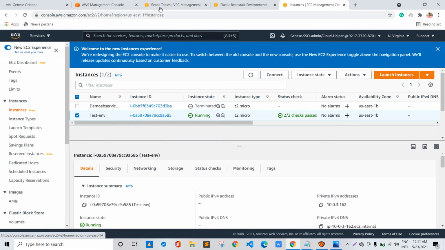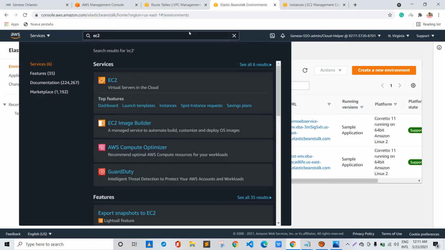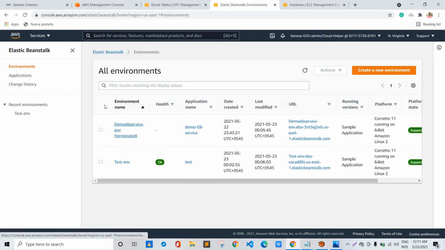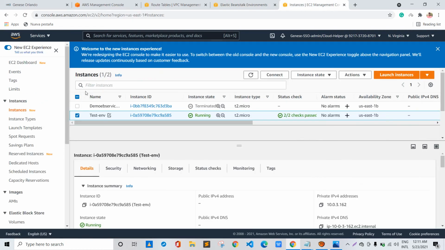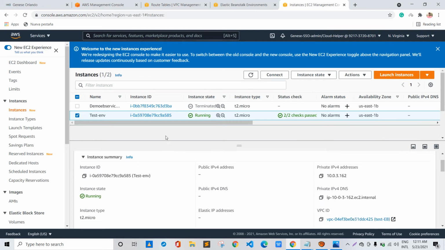To confirm this, the environment name is test-env, so our instance name is also test-env, and you can see that it doesn't have a public IP address, as we created this environment saying that the EC2 instance must be created in the private subnet, so it has only a private IP address.